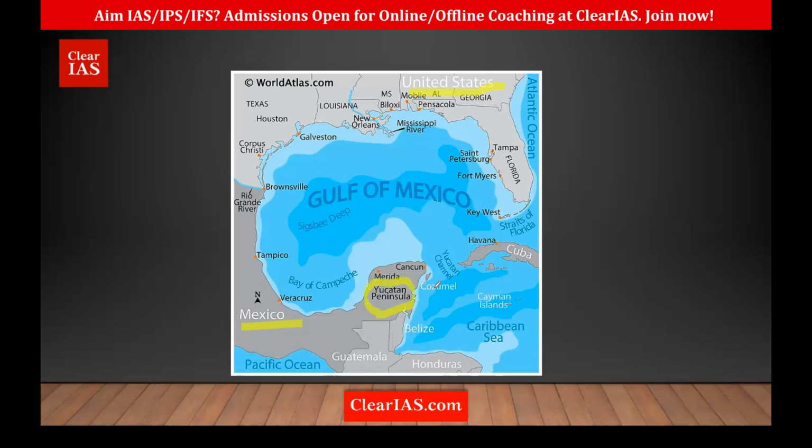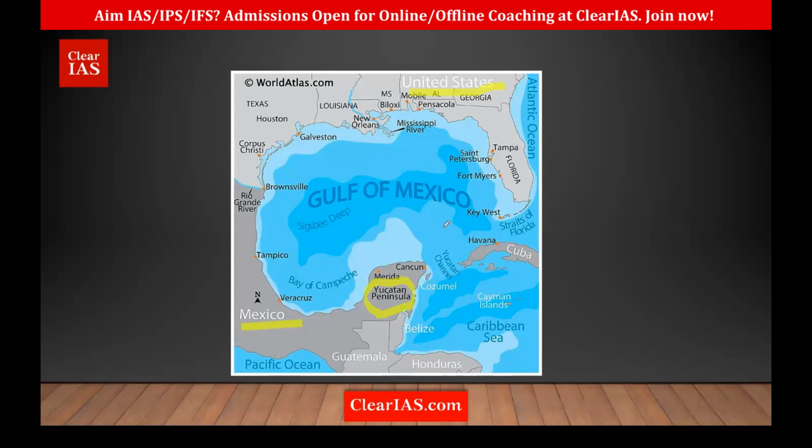This is one important, interesting peninsula in Mexico. The only thing you must remember is it is a part of karst topography, limestone topography. Whenever you learn about limestone topography or karst topography in geography, remember the Yucatan Peninsula is part of it. Okay. So remember it is on the banks of the Gulf of Mexico. That is it. I think nothing more to remember about the Gulf of Mexico.